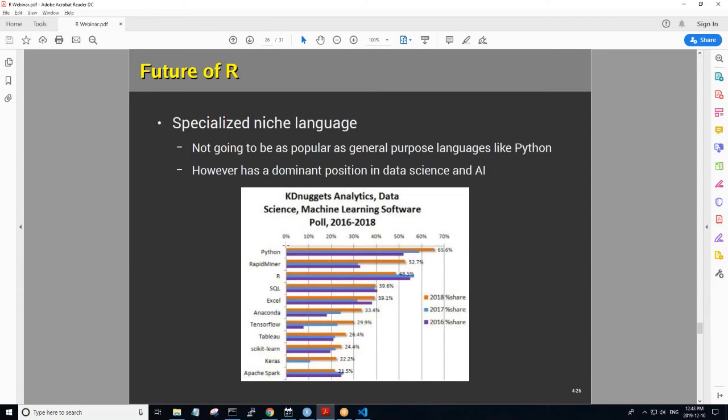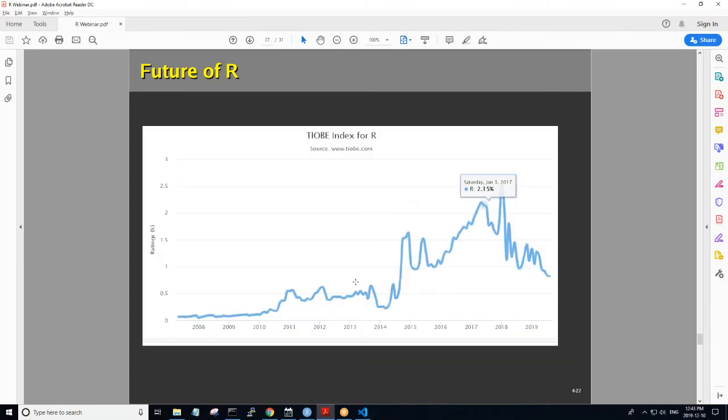Again, we can see that Python at this particular point, in 2018, is still out front, but R maintains a significant share of that, partly through the fact that it is generally easier for data scientists to use as opposed to computer programmers. One of the things we have noticed is that R seems to have taken a hit in terms of its popularity. And that's not so much due to the fact that people don't like R, it's more to the fact that Python has got such an incredible jump in popularity.